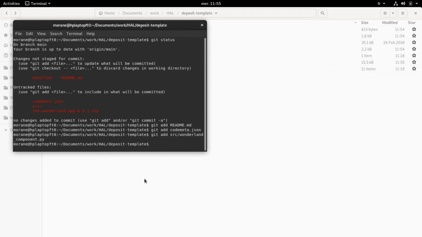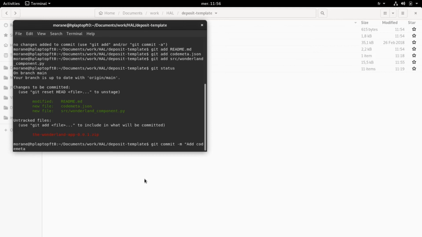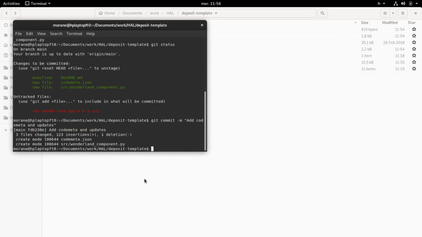And now that all the files that I wanted to commit are ready, I'm going to do a git commit with a message. This message is a short message that I'm having in my development history. And after committing these changes, I'm doing a git push. And I know that these changes will be available in my